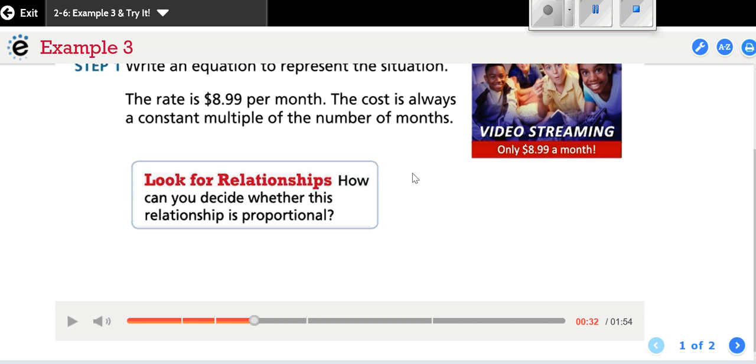All right, so example 3, even though the book doesn't say it's a video, it is a video. So you get to listen to someone else's voice. But they do a really nice job of explaining how rates can